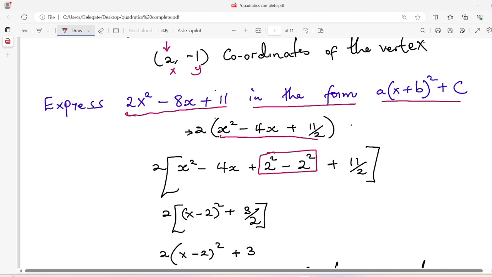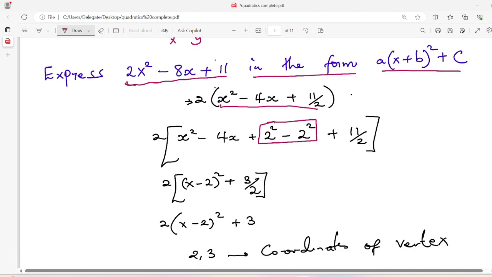So the previous steps, you repeat them for what is inside the bracket. So you have 4, which is 2, you add 2 squared minus 2 squared. So you're basically not changing anything, you're adding in a 0. Then the first 3 terms, so keep on carrying the 2. The first 3 terms, you need to identify the bracket that can be expanded to give you x squared minus 4x plus 4. So the short form is you move this x, and then you move this 2,